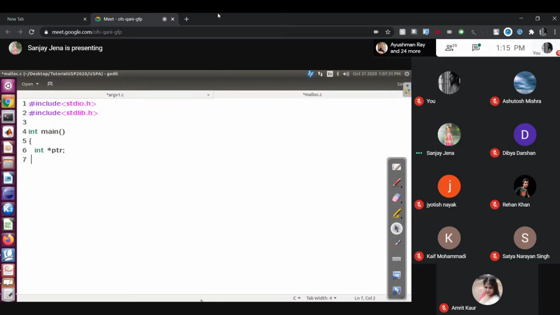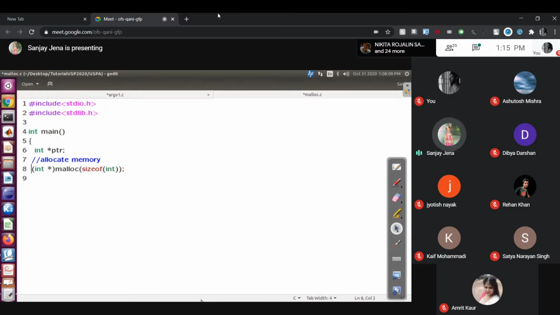Now allocate. How to allocate? malloc, sizeof(int). Why am I using sizeof? Because I don't know the exact bytes, so it is better to take sizeof int. sizeof is an operator, don't get confused, it is not a function. malloc is a function. The cast is int star because malloc returns void.